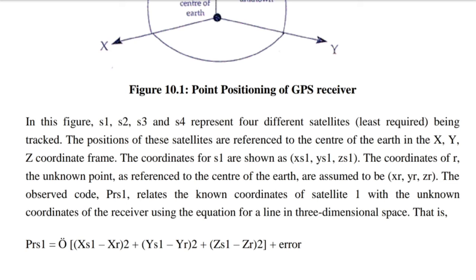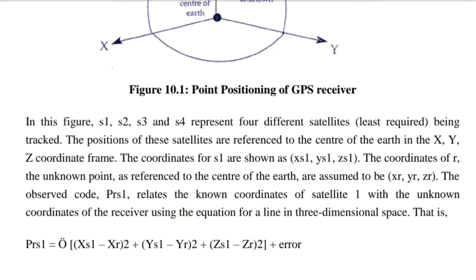The coordinates for S1 are shown as XS1, YS1, ZS1. The coordinates of R, the unknown point, with reference to the center of the Earth are assumed to be XR, YR, ZR. The observed code PRS1 relates the known coordinates of satellite 1 with the unknown coordinates of the receiver